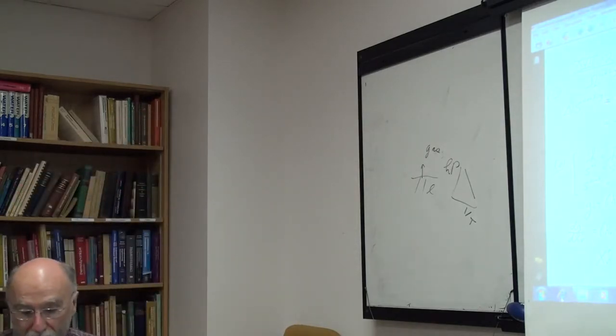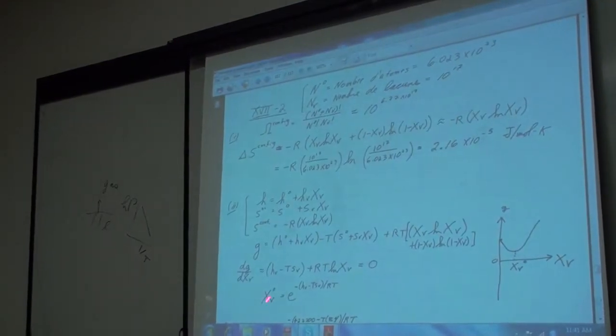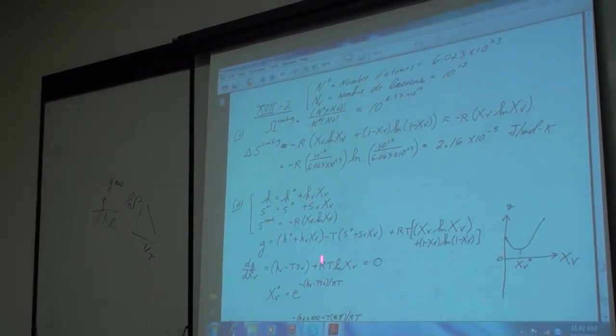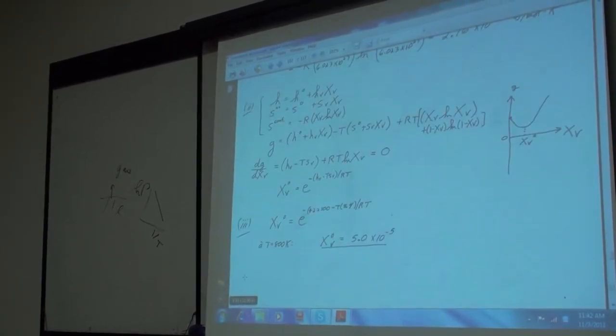So you see that the number of vacancies which you'll have depends on the energy of forming the vacancies. The harder it is to form a vacancy, of course, the fewer vacancies you get, but it also depends extremely strongly upon the temperature. So I actually calculated this, the energy was 22,500. I believe if you look at the problem,